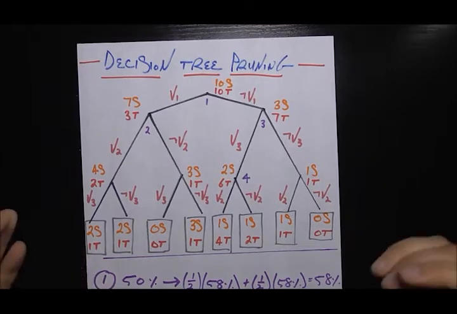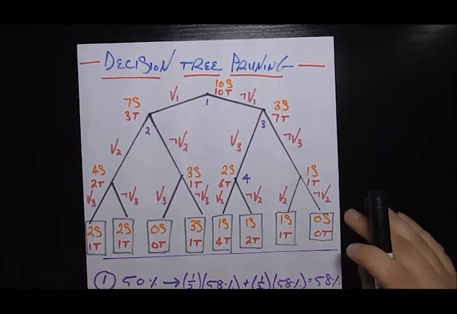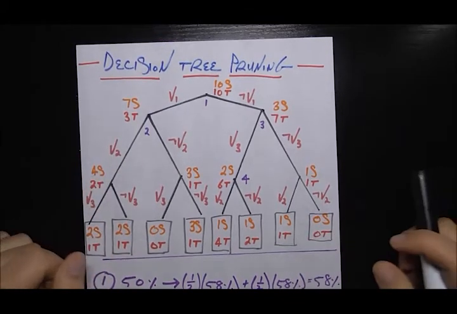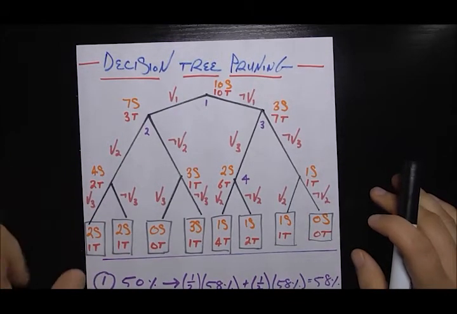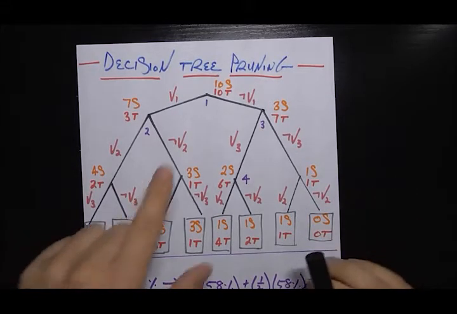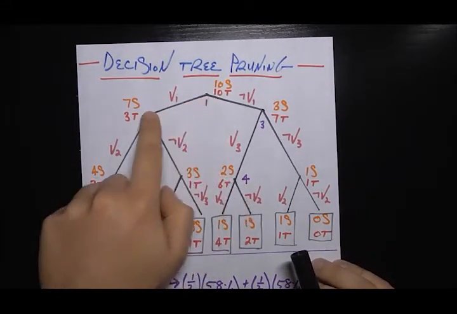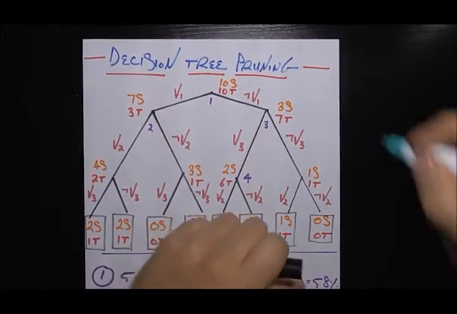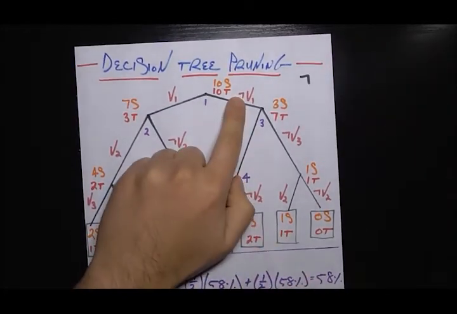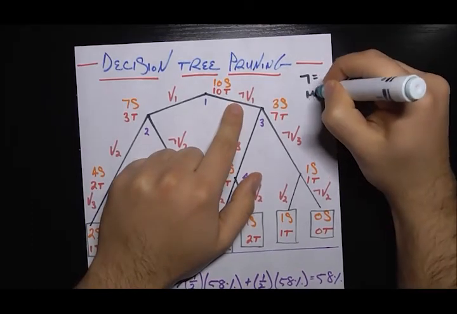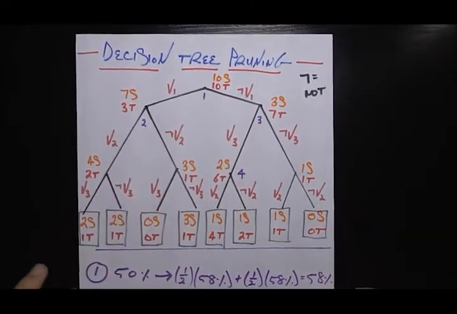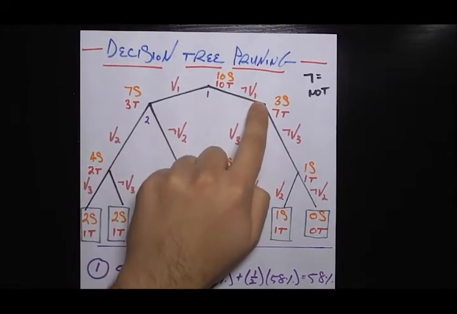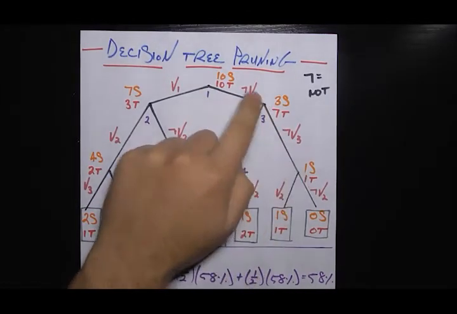For this example, I have 3 variables, and I'm not very creative in my naming. They're just called V1, V2, and V3. And they're binary variables, so they just have 2 different possibilities. I've denoted them by saying V1 would be answering yes to the V1 variable. And this little symbol, if you haven't seen it before, that one right there, is not. That shows up sometimes in computer science or math. So this right branch would be saying no to the V1 variable. This is no to the V3 variable.